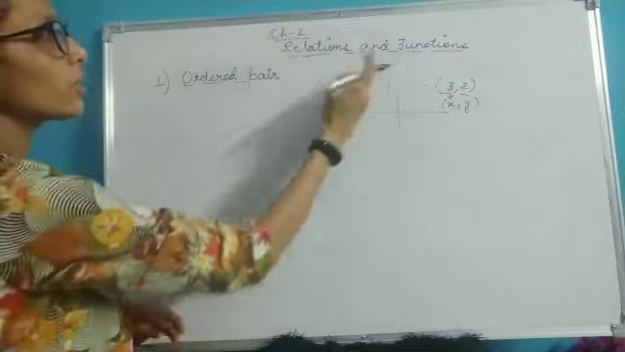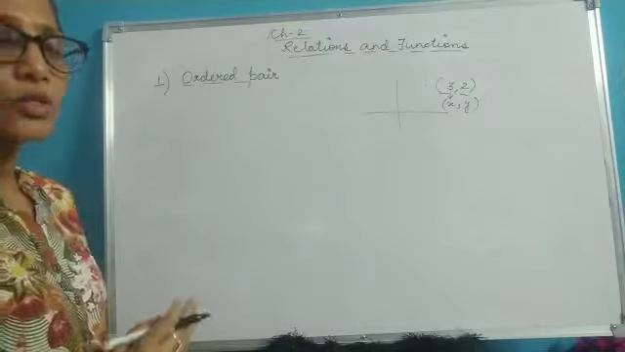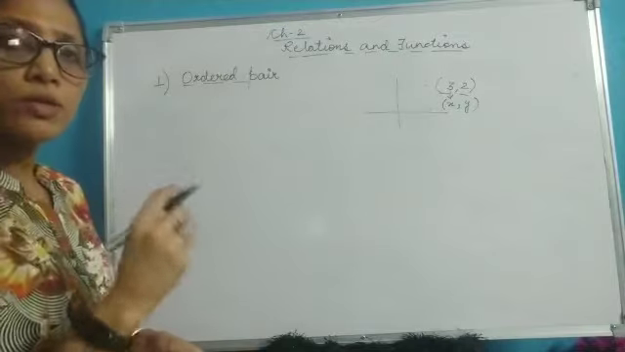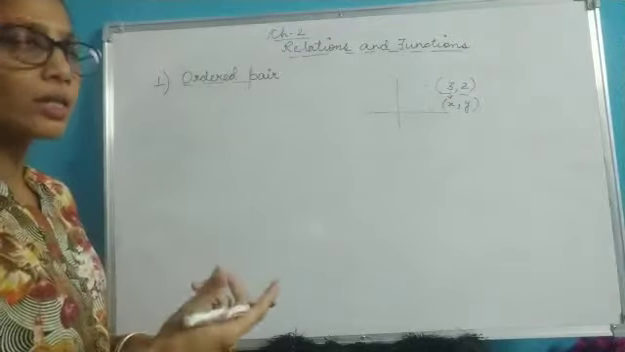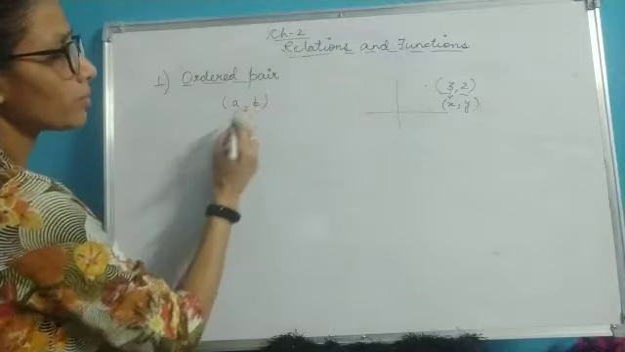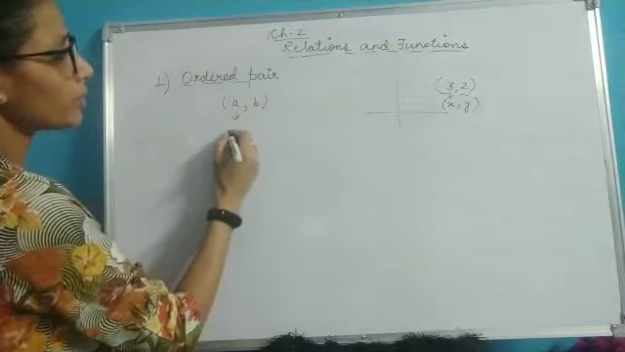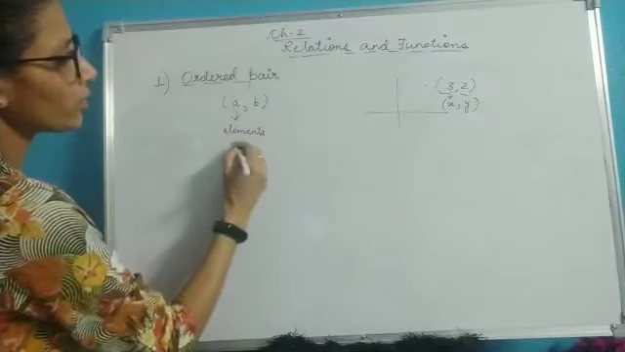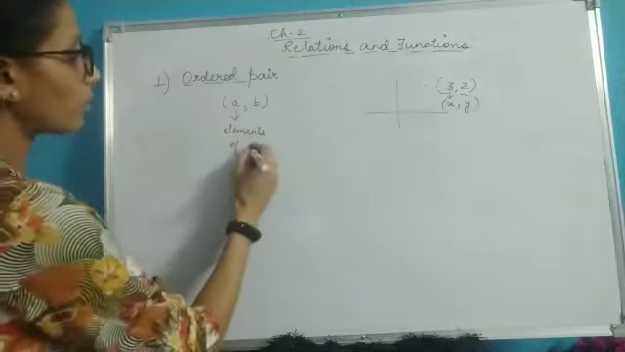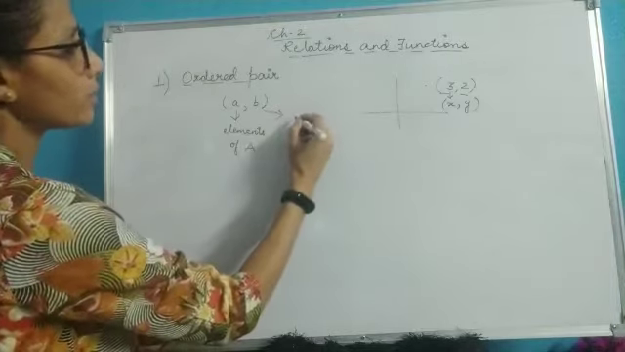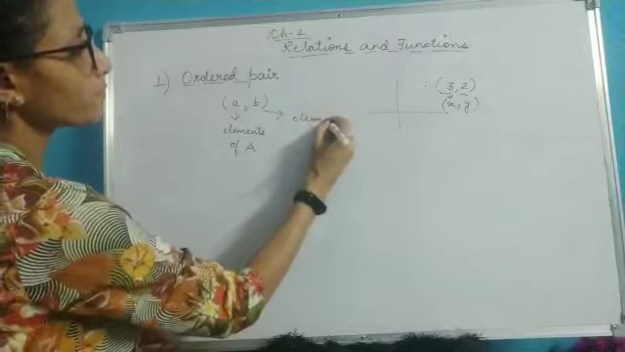Similarly, when you are talking about relations and functions, you have an ordered pair, that is a specific or a particular way of writing a pair. That means we can write it as (A, B), where A represents the elements of a non-empty set, or I can say elements of set A. This B represents elements of